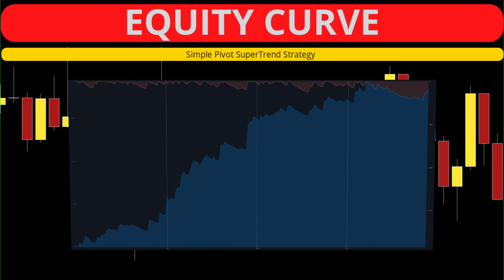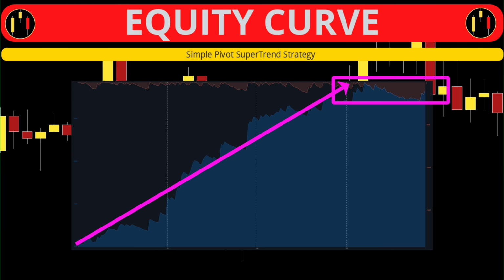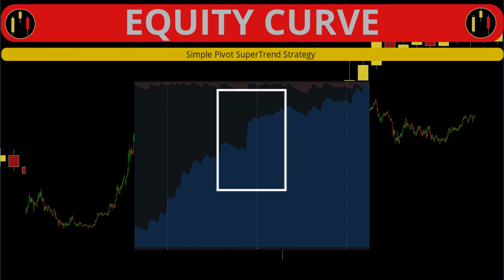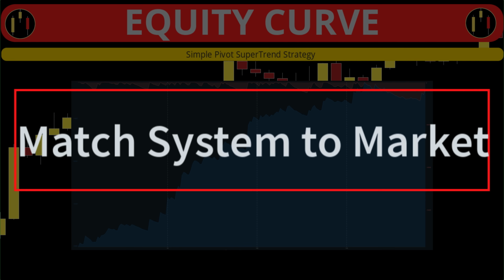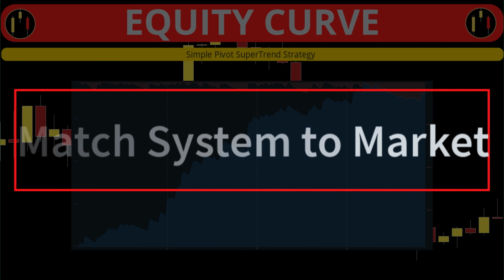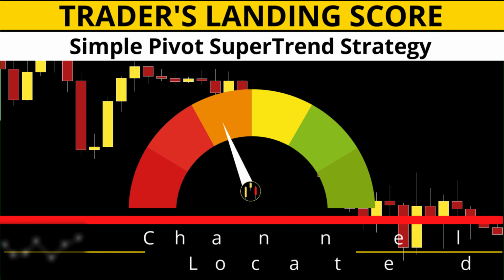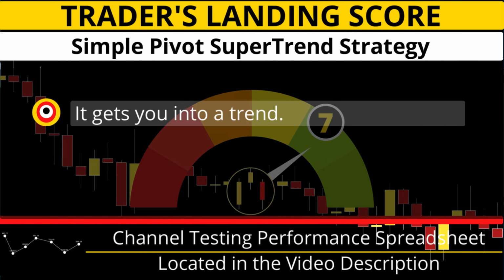The equity curve here is very impulsive, with the end kind of flattening out. If we look at the same period but zoom out to the 12-hour chart, it kind of mimics the equity curve. So like I always say, you need to match the right system to the right market condition. More on that soon. I give this system a Trader's Landing score of 7 because it gets you into strong